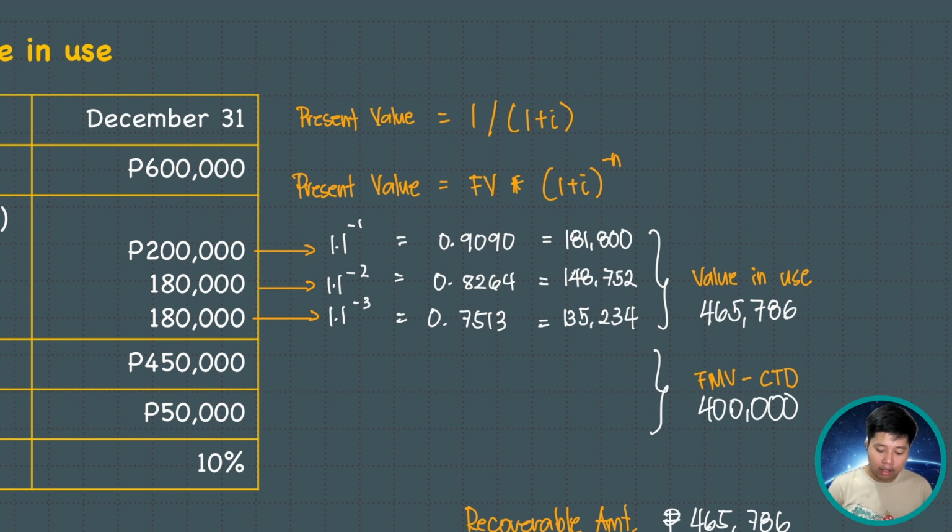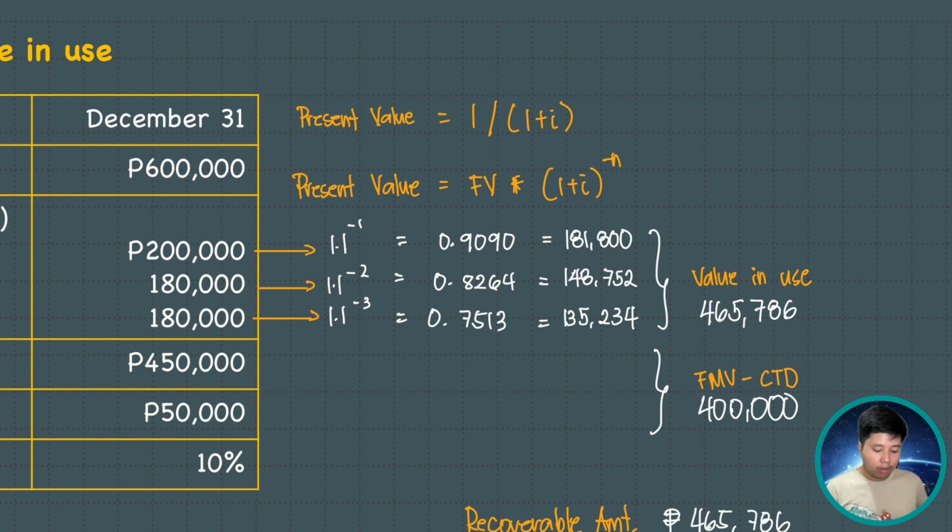Then let's divide it again by 1.1. We will have 0.8264 for year 2, and divide it again by 1.1. We will get 0.7513 for year 3. If you are using a scientific calculator, we will be using the formula: present value is equal to the future value multiplied by 1 plus i raised to negative n. The present value for year 1, we will get